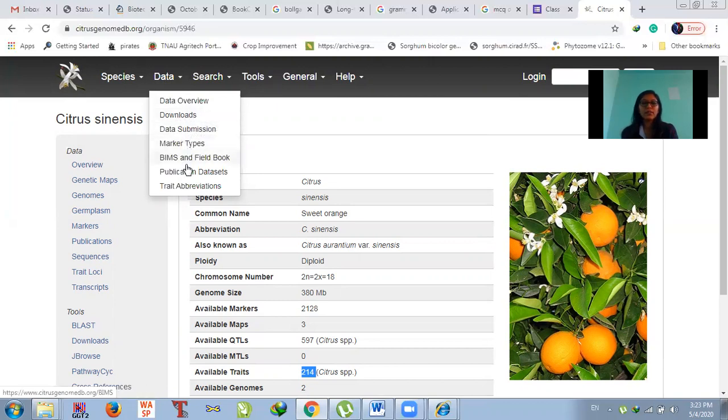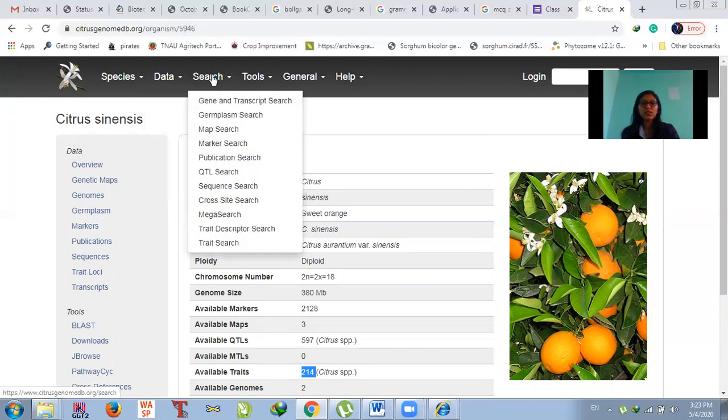Again, you can search for what kinds of research are published, or what kind of work is carried out on the different citrus species, and what kinds of markers. Here you can get the direct link for the different kinds of publications.